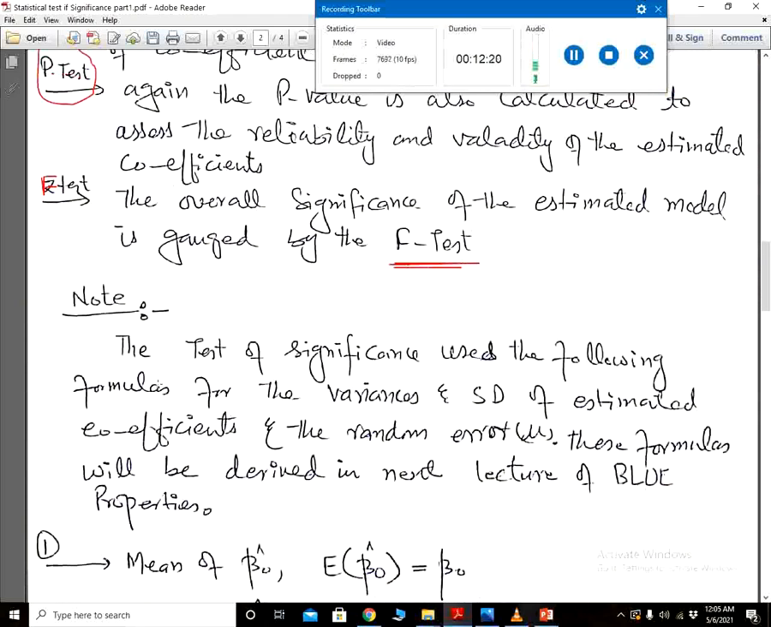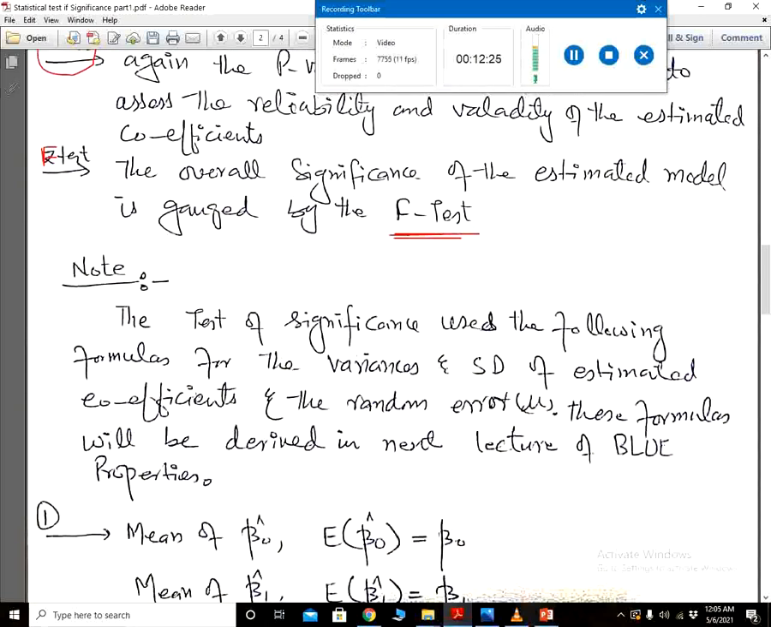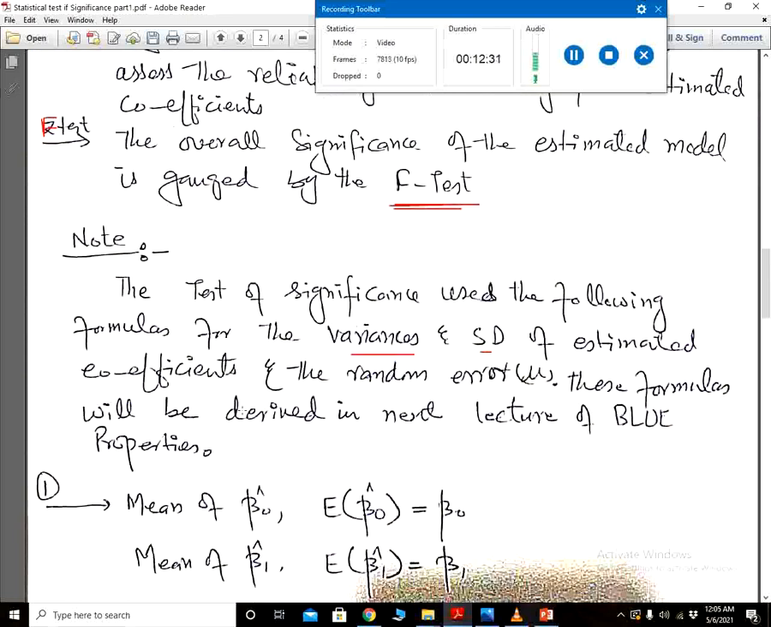Note, the tests of significance that we have discussed above use the following formulas of the variances and standard deviations of the estimated coefficients and the random term, the error term mu. These formulas will be derived in the next lecture on BLUE properties. Before going to discuss the BLUE properties, we will gauge the statistical significance through all these tests. These formulas are given to you now, and we will derive all of them in the BLUE session,